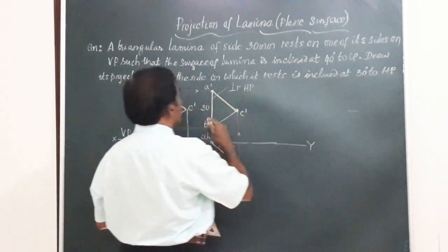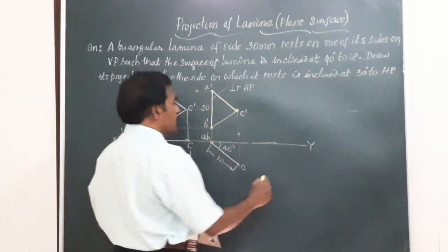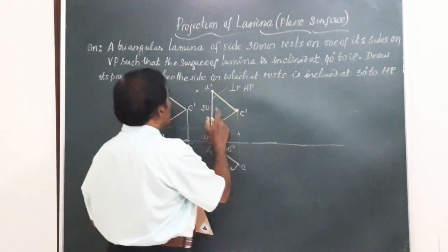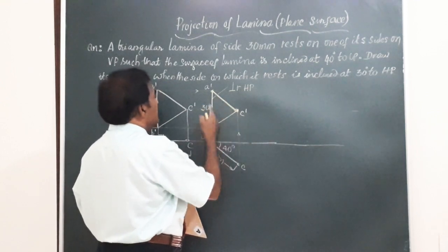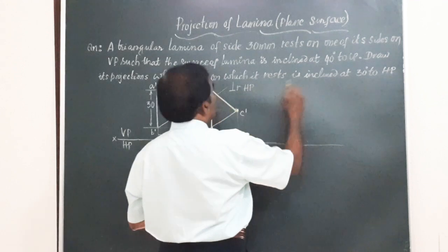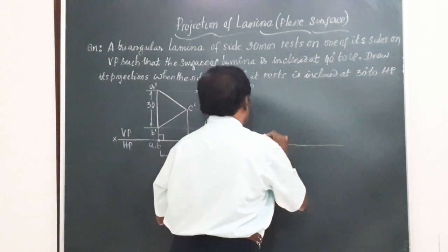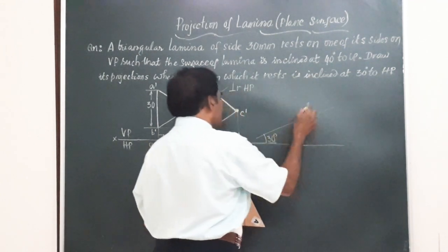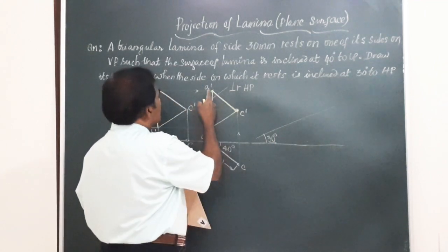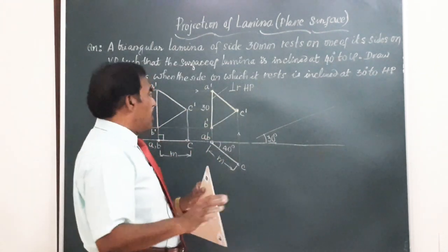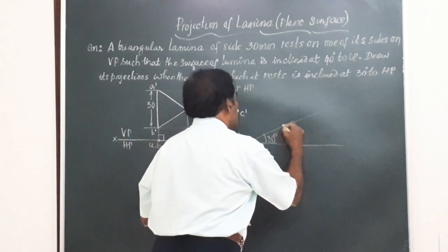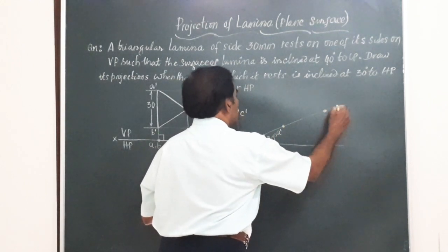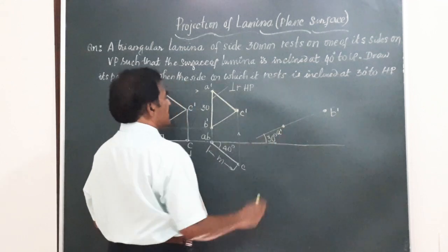He says it has to make an angle of 30 degrees to HP or 30 degrees with the HP. Hence, to accomplish this, I am going to redraw this figure A dash, B dash, C dash with A dash, B dash making an angle of 30 degrees with the HP. So I will just write a reference line here at an angle of 30 degrees with the HP, and on this I am going to mark this edge A dash, B dash, which is supposed to be on VP. So I will just write down here these 2 points. One point is A dash, the other one is B dash. So you can write A dash here, B dash here, doesn't make any difference.